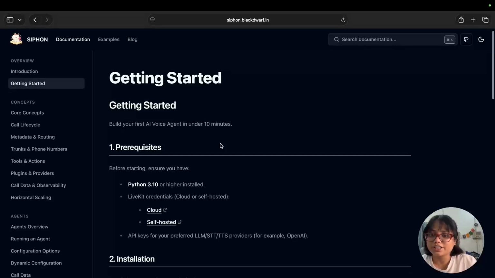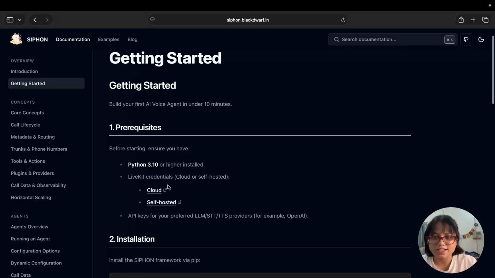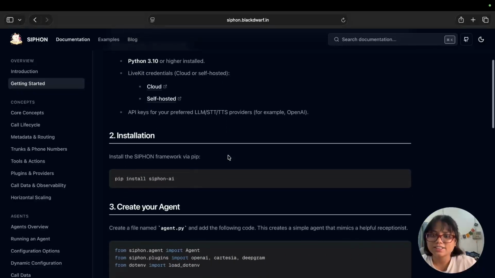So first you need to have Python 3.10 or higher installed in your system, and LiveKit credentials. You can either self-host it or use cloud. And API keys for your preferred LLM, STT and TTS providers. Next,